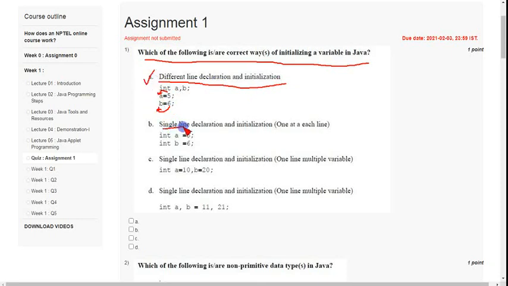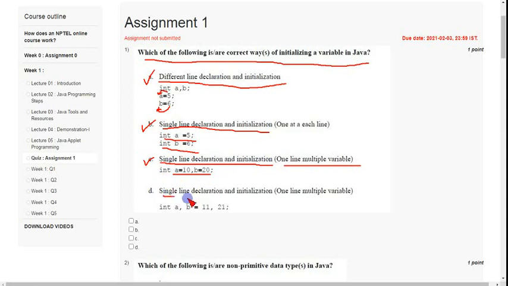And single line declaration and initialization, one at each line, that is at the same time we are declaring and also initializing. int a = 5, int b = 6, this is also valid. And third option, single line declaration and initialization, that means one line multiple variables, that is int a = 10, b = 20, it is also valid.